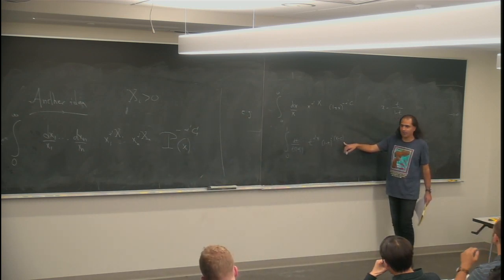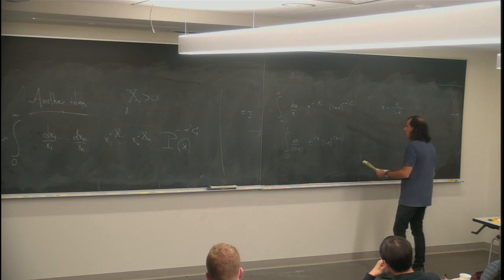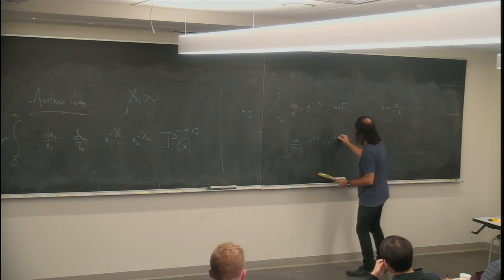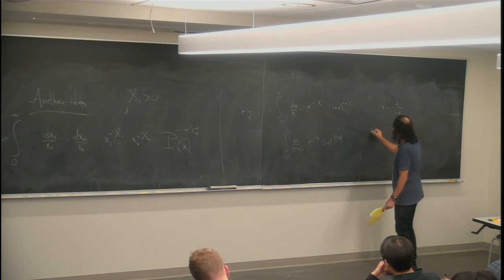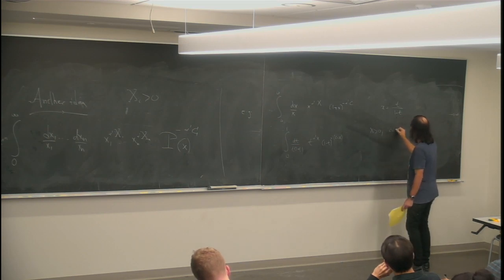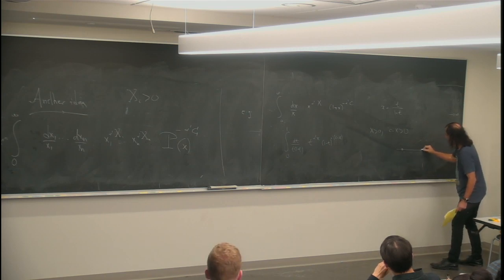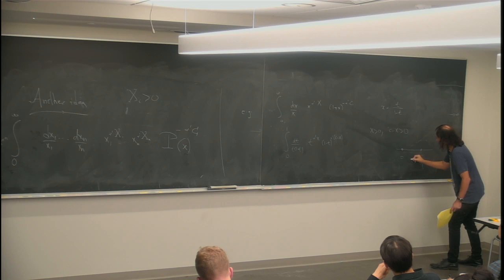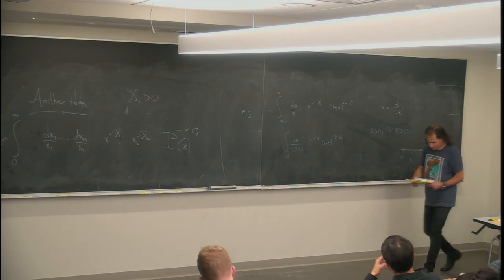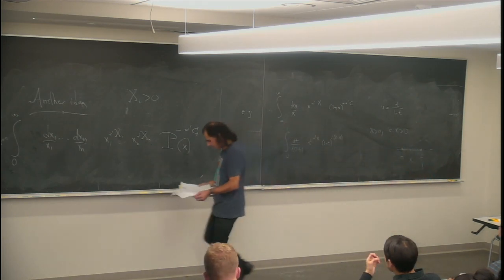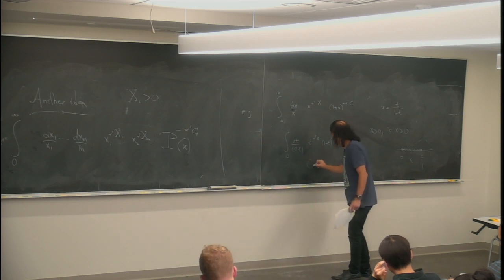In order for this integral to be convergent, I need to have that, oh sorry, this is c minus x. I need to have both that x is positive and that c minus x is positive. So x itself has got to lie between 0 and c. So x has got to lie somewhere in there. Okay? Okay, so in this way we've recovered our friend the open string amplitude.